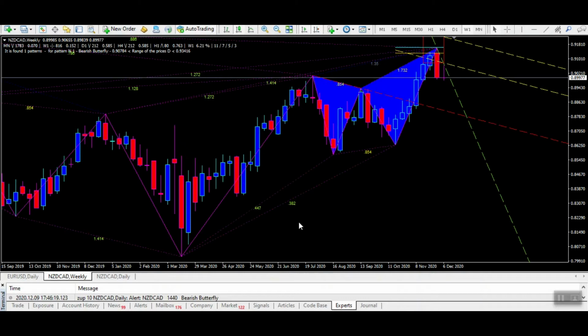And that got me thinking about these patterns and an easy way to go through and search for them, because usually you'll have to open up a chart, put it on a time frame, put the indicator on there, go to the next time frame and the next, and it might be a little bit on the tedious side sometimes. So I wrote this thing,